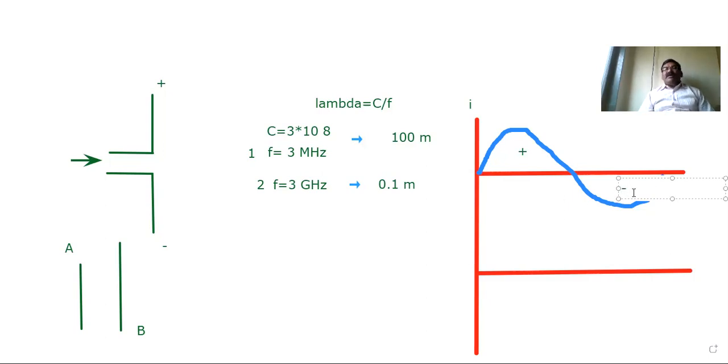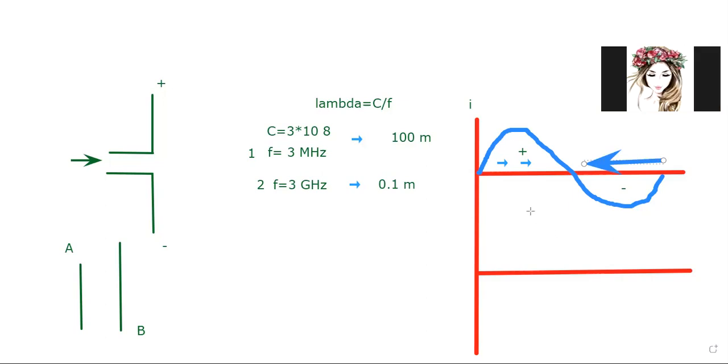What does it indicate? Graphically we have done that. Actually, the direction of current is from this way to this way. In the positive half cycle the current goes this way, and in the negative half cycle the current direction is this way. Now what is happening? This is the example of AC current, right?